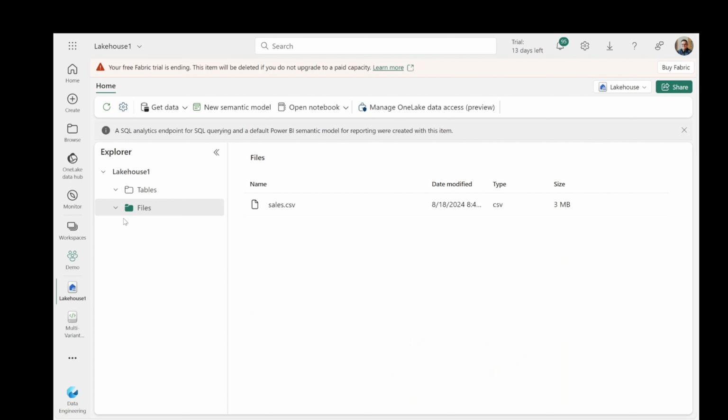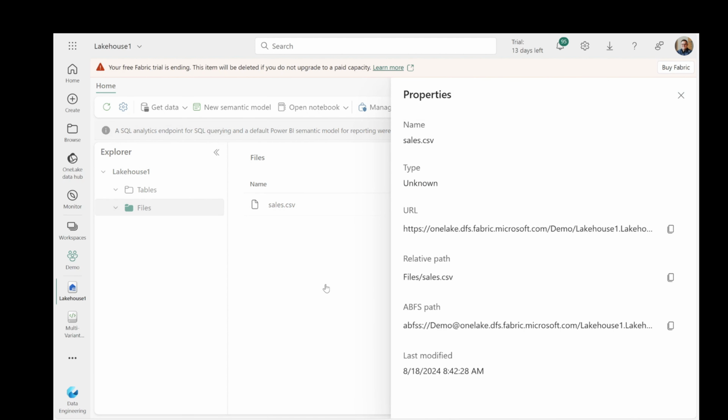Now we have our data lake set and ready to go. We've got information into it. Now if I go over here and I click that, I can load it into the tables. And that's what I'm going to do. Otherwise, you can go ahead and click on the properties section, and this gives a URL. So if you want to load this directly into Power BI or something, you would copy the URL and you would go to the Data Lake Gen 2